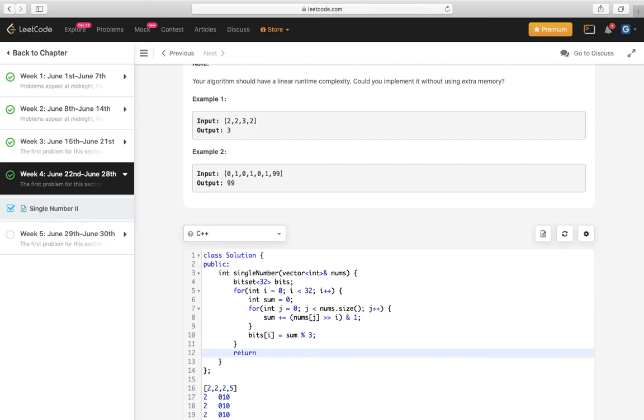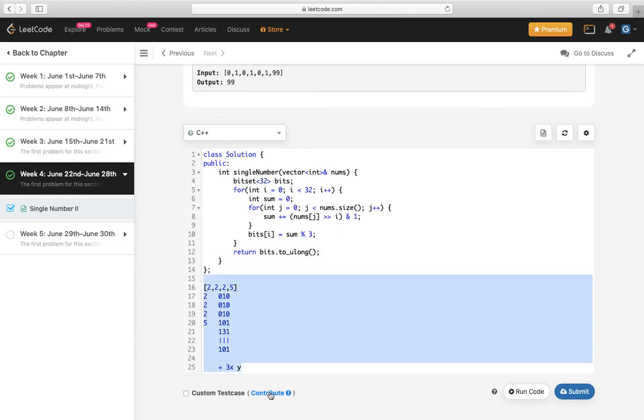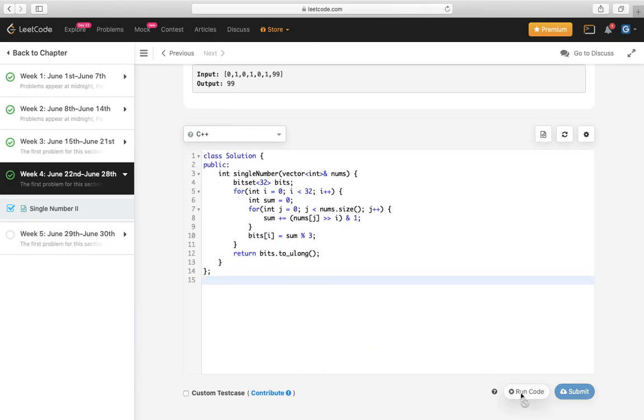At last we have to return the integer representation of this. This is it. I think this should work.